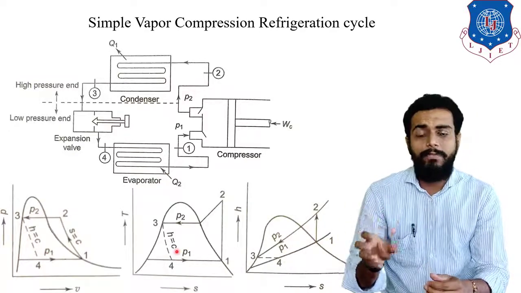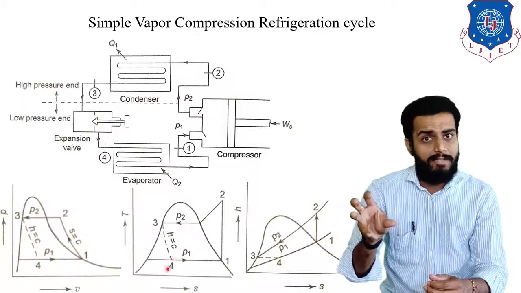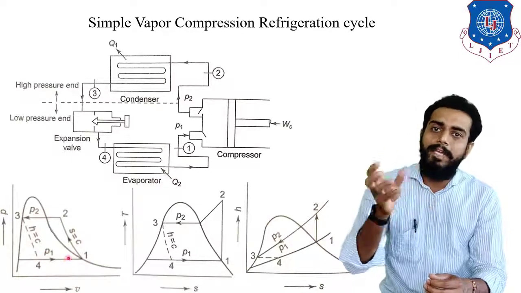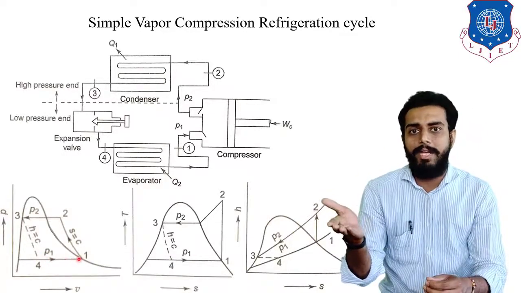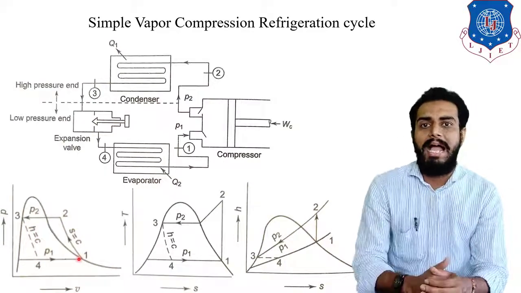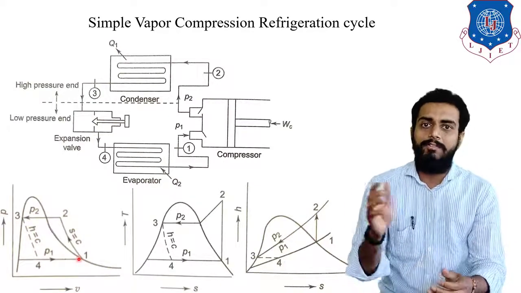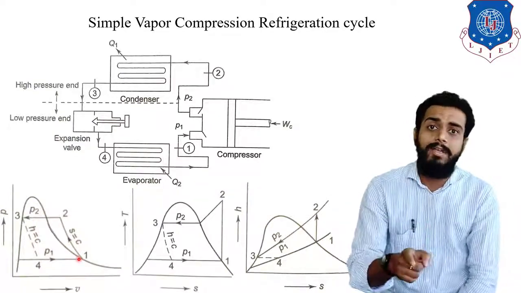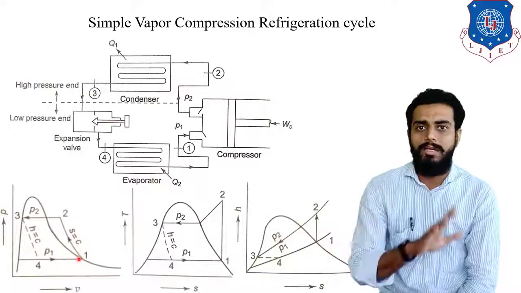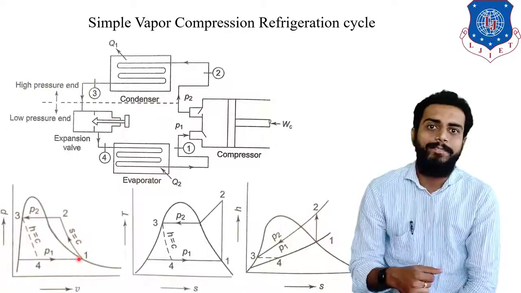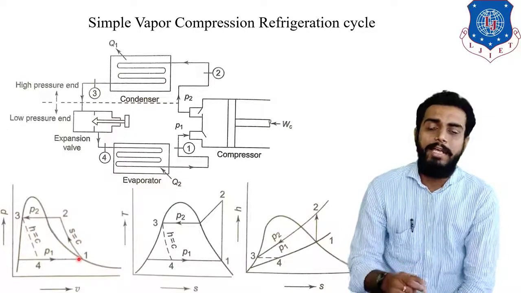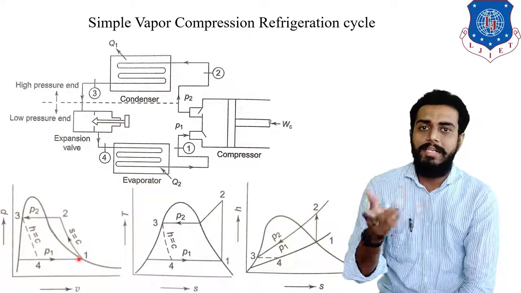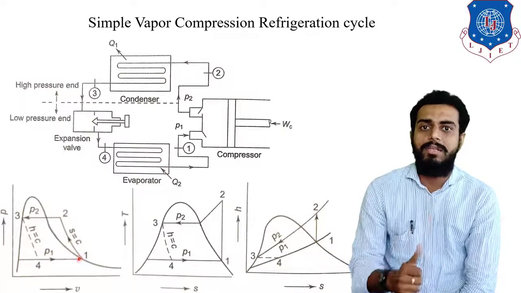Now at point number 4, we have wet refrigerant vapor entering the evaporator. So what will the evaporator do? It will evaporate it, so it is converted from wet vapor to dry saturated vapor, right? That is why, remember students, in the evaporator itself the pressure will remain constant. Keep that in your mind. Now you can observe that in the PV diagram, 4 to 1 is a constant pressure line. In the TS diagram, 4 to 1 is a constant temperature line.